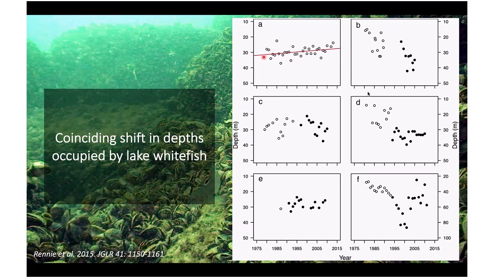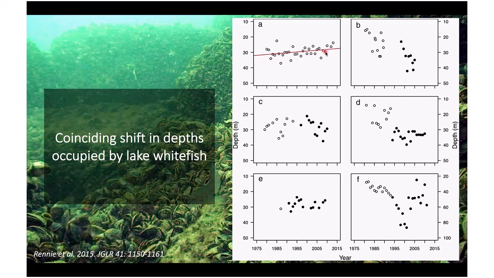And these figures show the depths occupied by whitefish before dry synods with the hollow circles, and after they became established with the filled circles for the different lakes. So in A, we have Superior, where dry synods are not widespread and sort of acts as our control. And there we see this gradual decrease in the depths that are occupied by whitefish from deeper